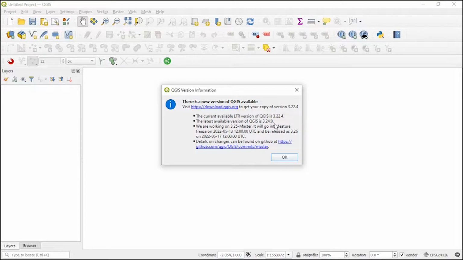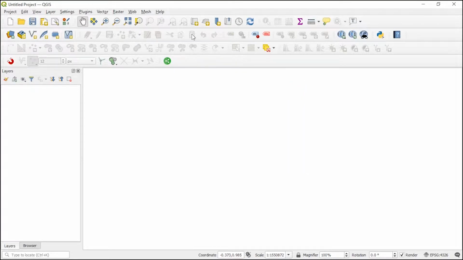3.24.0. So I actually downloaded this some months back, like 3 months back. So you can see you have the latest version again, 3.24.0. But since I'm using the long-term release, I don't need to download it, so we'll be working with the long-term release over here. So while your file is downloading,